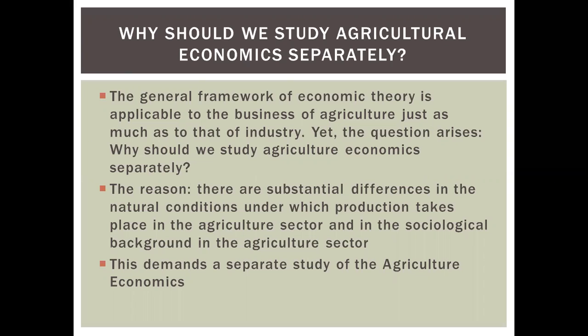Also, the agriculture sector has some sociological issues, or you can say the sociological background of the people working in it. That background has a lot of influence on agricultural activities. We know that traditionally we have certain segments of the population who have been actively engaged in the agriculture sector, and there are some areas where agriculture is more popular. So some segments of the population are said to be more engaged in agriculture. Such a sociological background we have in the case of agriculture.